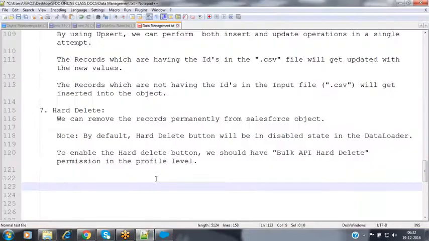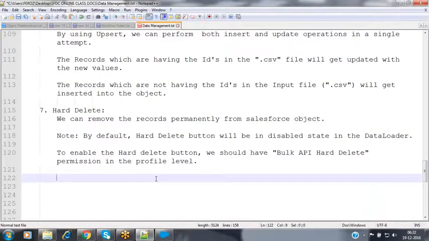Now, how can we enable that bulk API hard delete? We will see here.